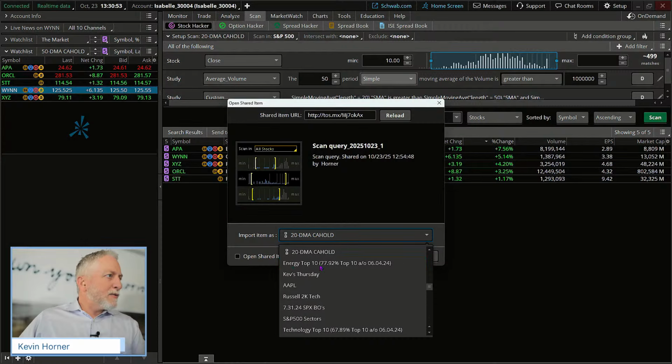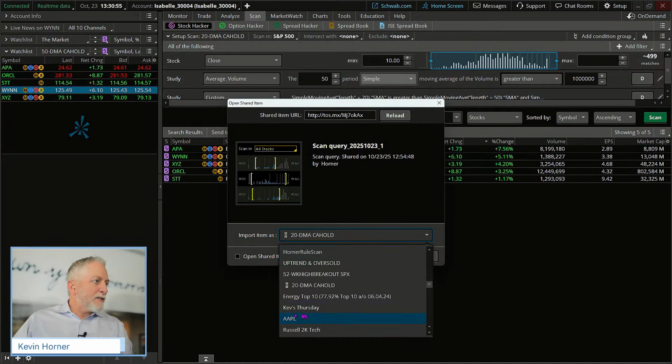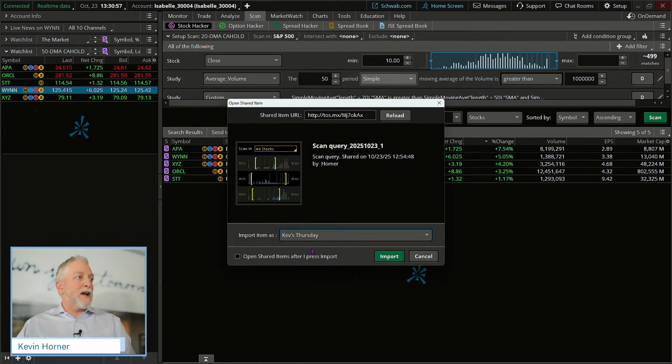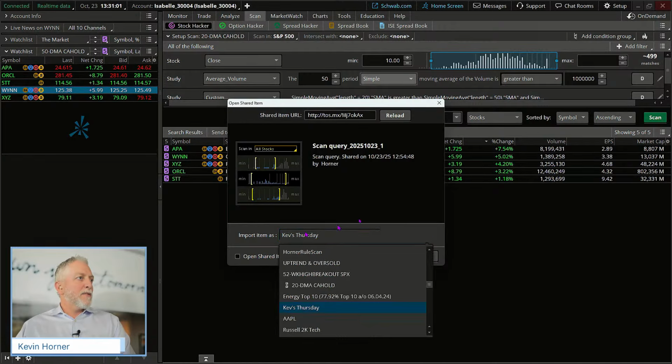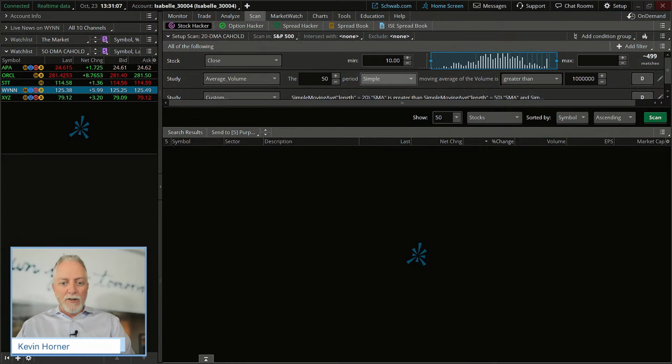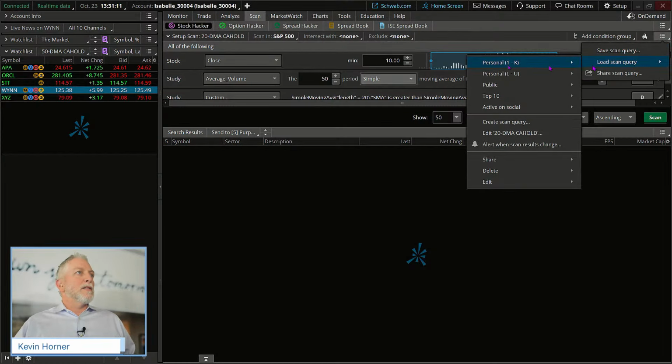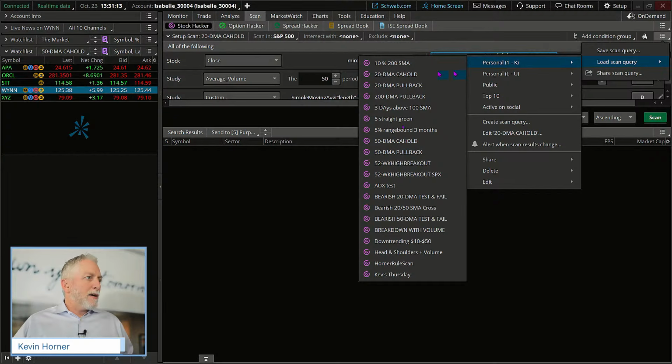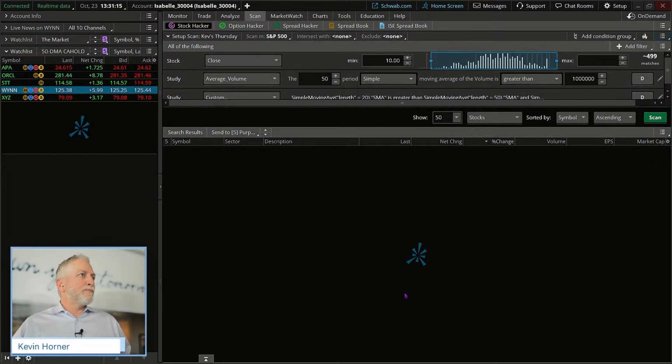Well, it doesn't want to let me title it anything else. So we're going to call this Kev's Thursday, okay? I'm going to import this scan. Yes, I want to overwrite it. Thank you very much. And then it went ahead and launched it. Now I'm going to go here, load it. Kev's Thursday. There we go.